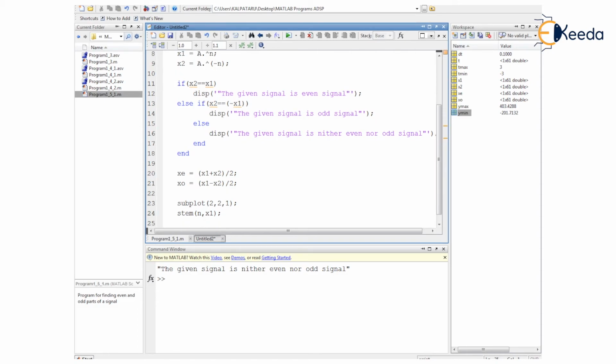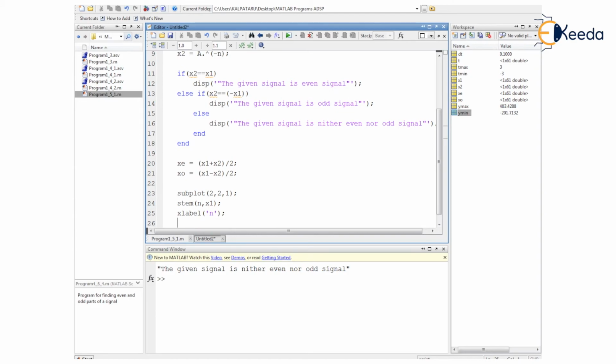Next to that comes the nomenclature portion for the two axes of the plot here. For that purpose let us write xlabel command. It will provide name to the horizontal axis. As this is discrete time representation, the discrete time variable n is provided.